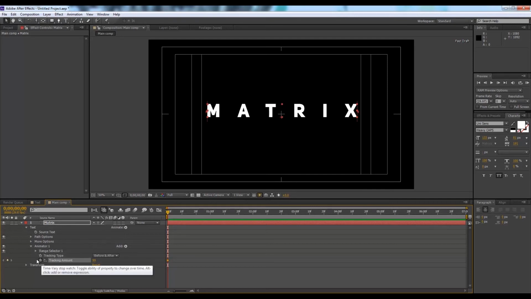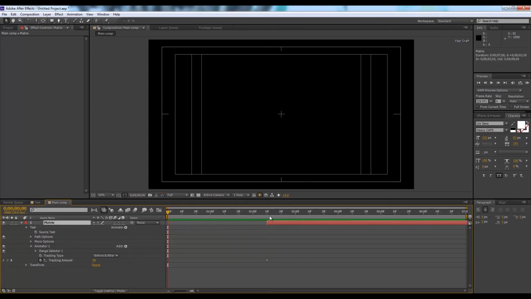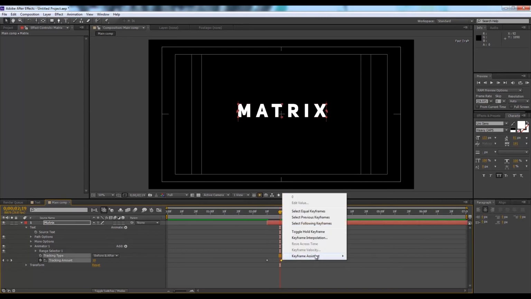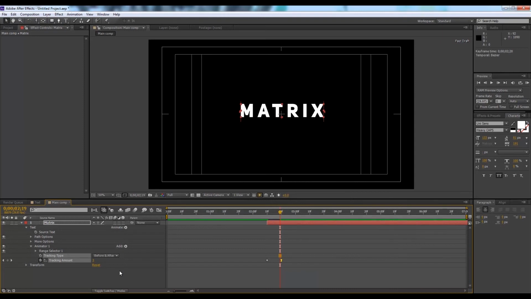Hit the stopwatch, then okay, I'll bring it here a bit so it starts from 10, and after 10 frames it will be 0. So from this to this, right click on it, keyframe assistant, easy ease, then we'll go to